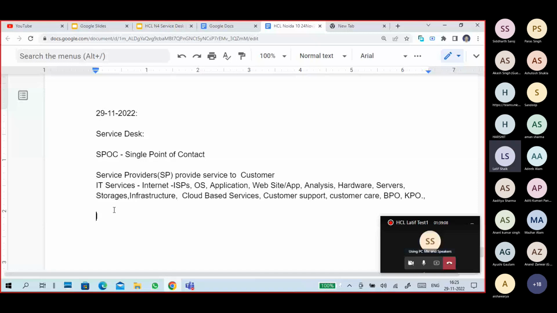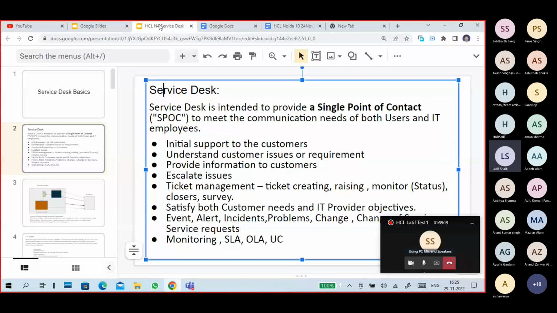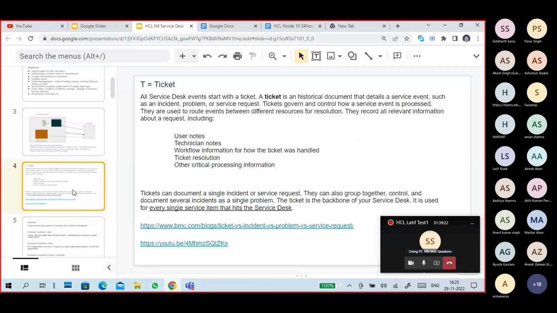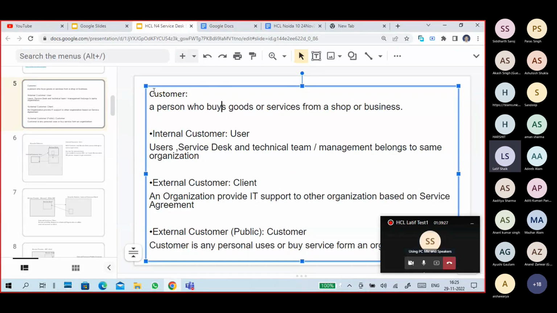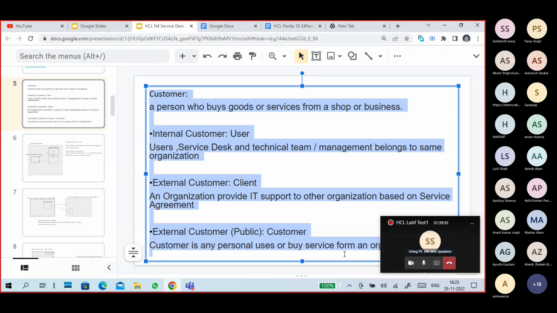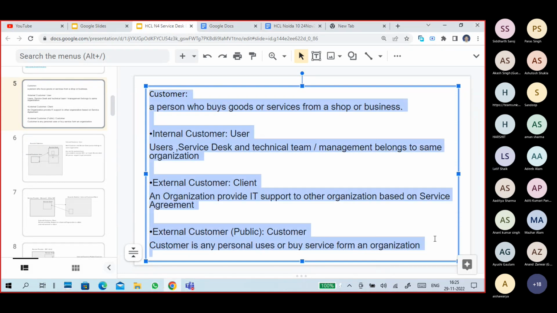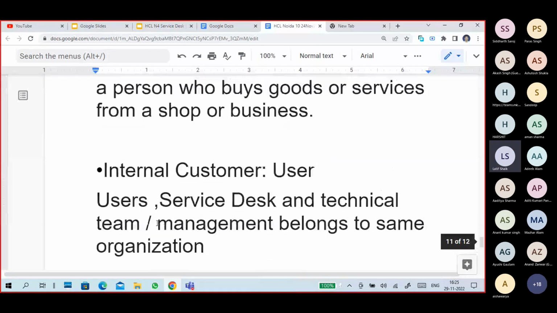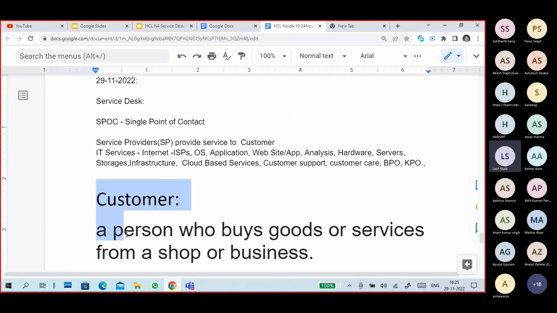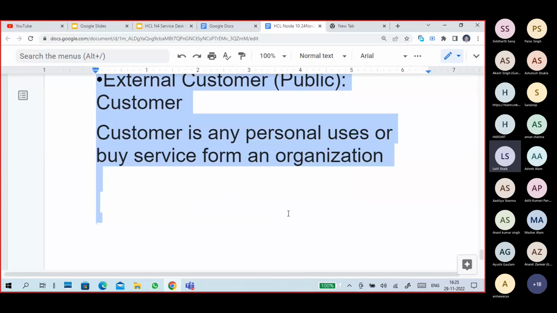Okay, so a service provider provides a service to the customer. Now understand who this customer is. A customer is one who is purchasing, one who buys goods or a service from the business. Who is this customer? A customer can normally be, like if you go to a shop and buy something, you are also a customer.